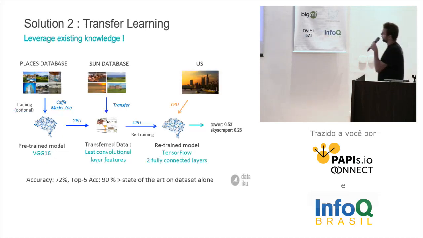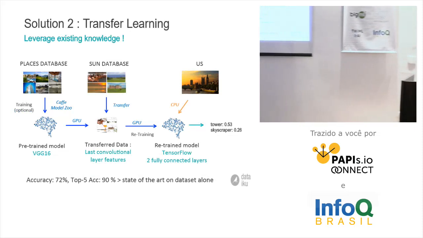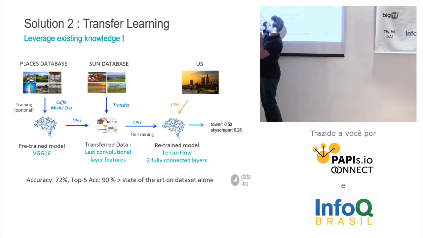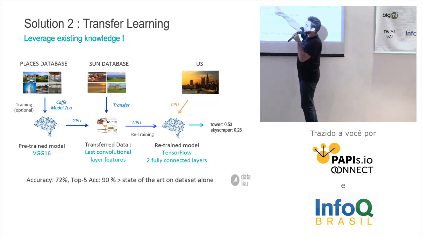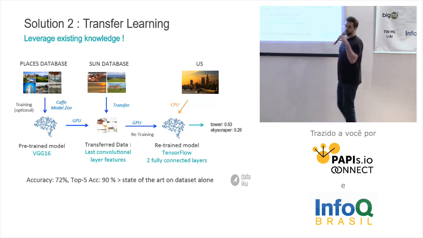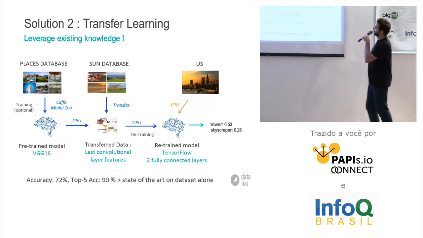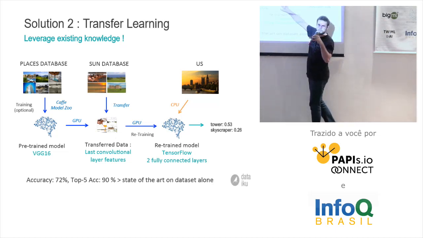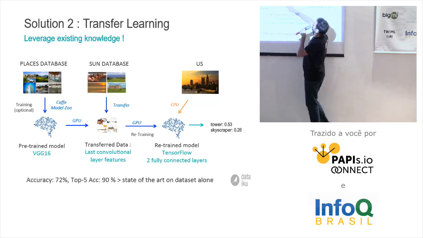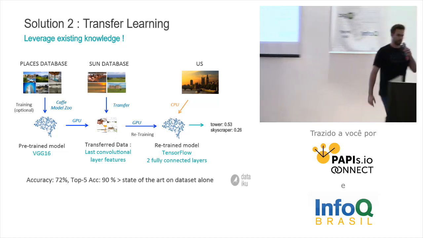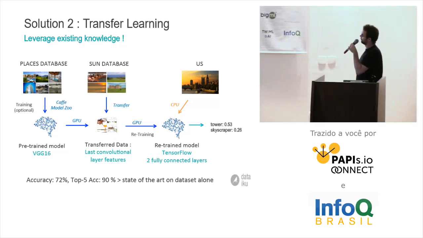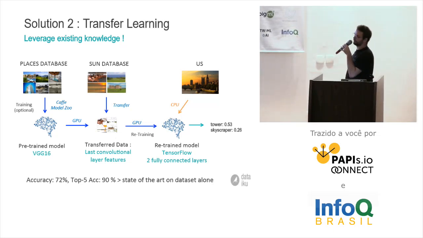So what we did was this setup. We have the Places pre-trained model. Then we can use transfer learning to have the Sun database in a new space with rich features. And then we can train on top of that a small network with 2 hidden layers, right? And now we have this new model. We can apply that to our images. So now we have both models, one on Places, one on Sun database, which give us a lot of different